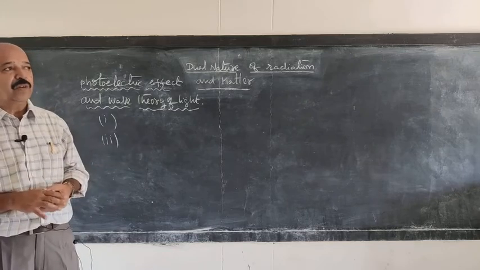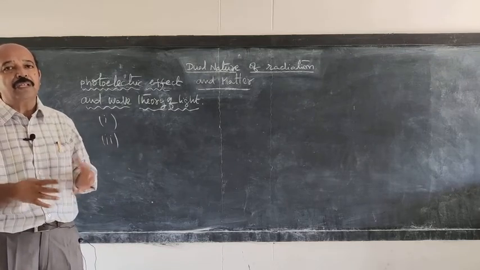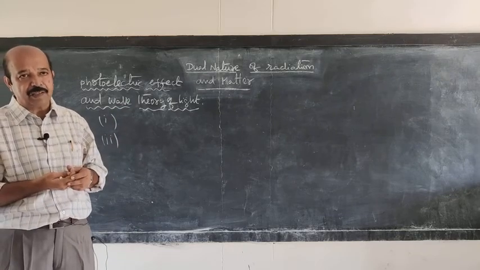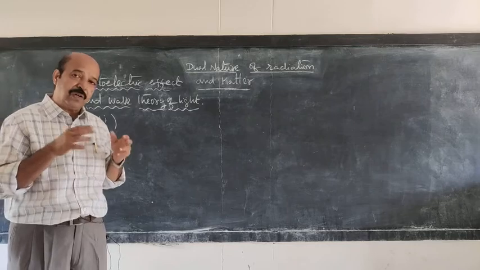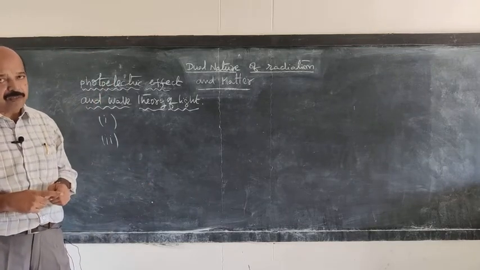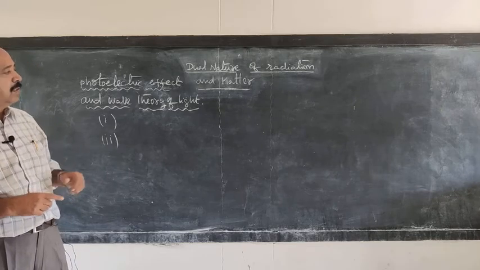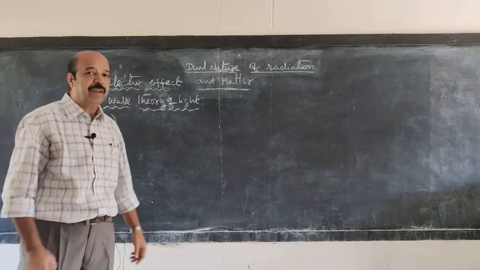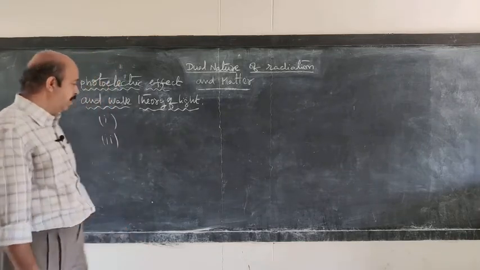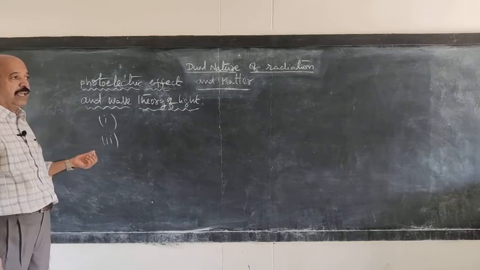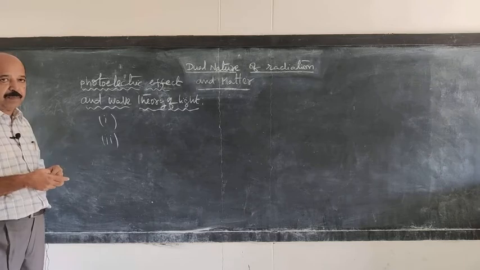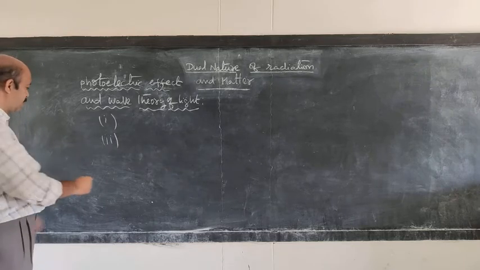But in the photoelectric effect, there is almost no time lag between the incidence of radiation and the emission of electrons. So it is an instantaneous process. So in that way also, the wave theory fails to explain the instantaneous process of the photoelectric effect. Hence we cannot make use of the wave theory of light to explain the photoelectric effect. Then Einstein explained the photoelectric effect phenomena with the help of the quantum concept of radiation. Now let us discuss that.